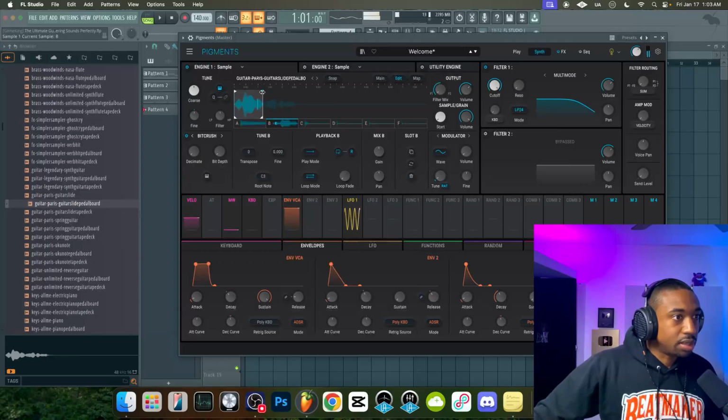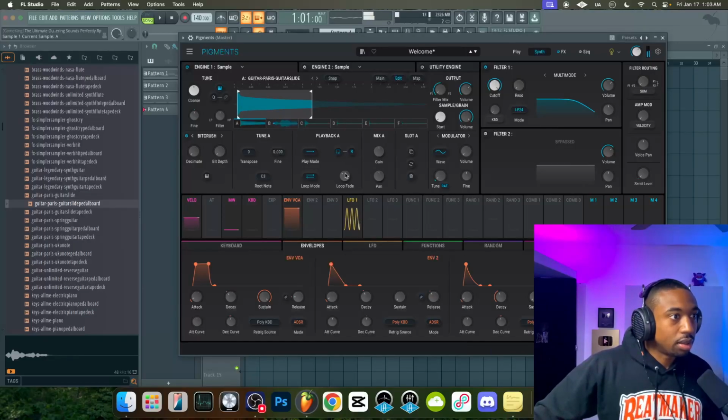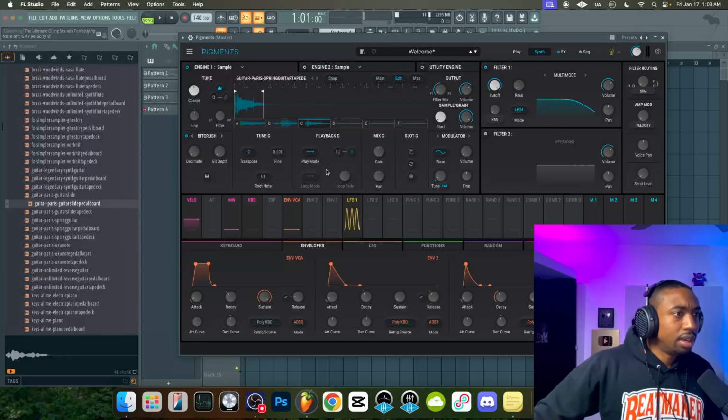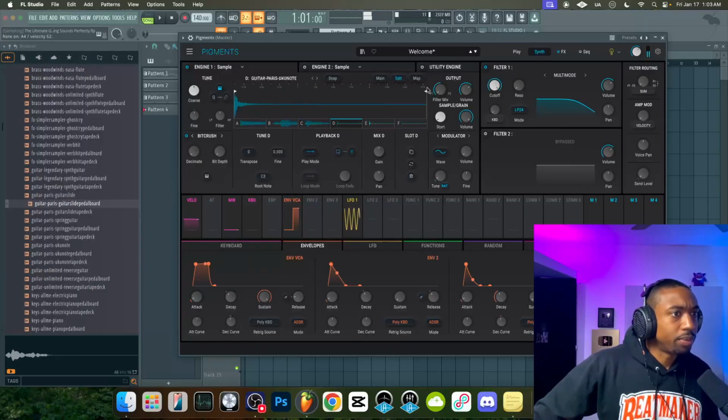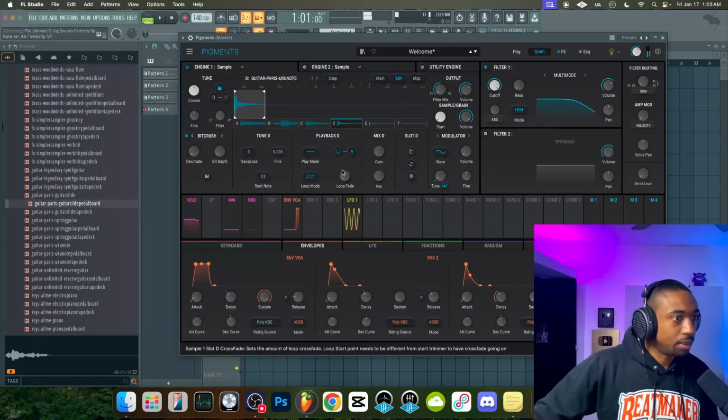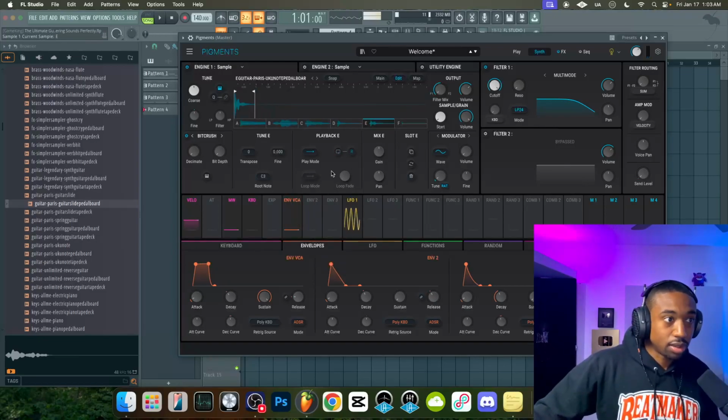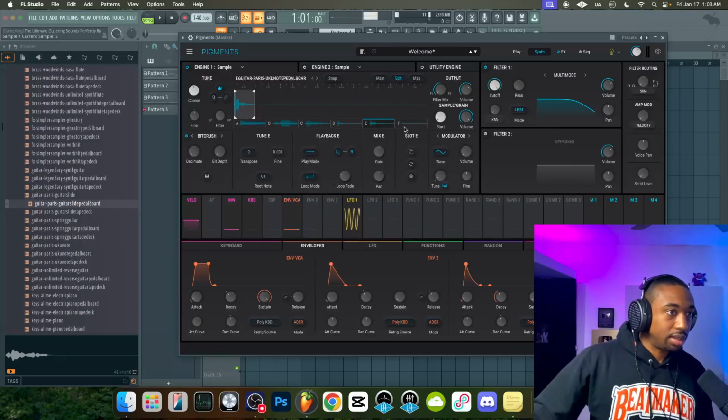Let's get rid of the pitch bend section here. We could also use what's called a loop fade to get rid of any clicking and popping. So all these kind of shorter ones, we could actually pull this back and set to loop mode. Let's do forward and backward looping. So now we're taking these little plucks and making them sustained sounds, basically. I'm going to do this per one shot. This does take a little time, I'm not going to lie to y'all. But for this synth, it's a really unique sound.